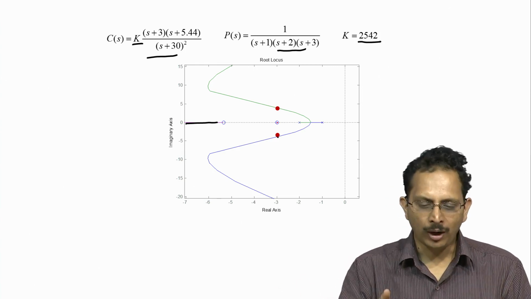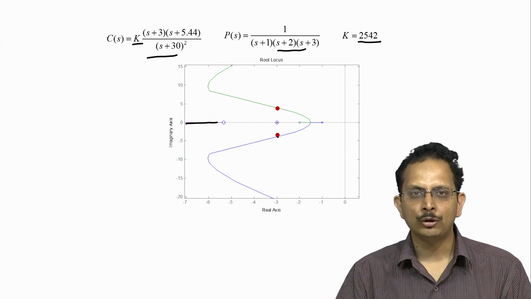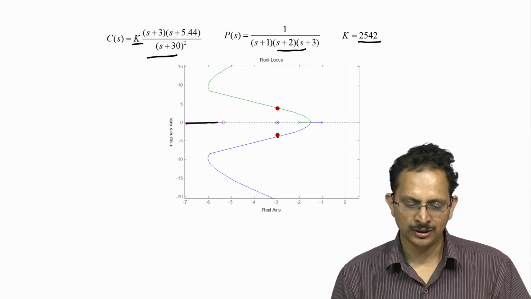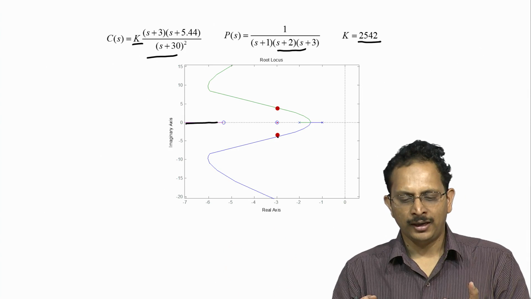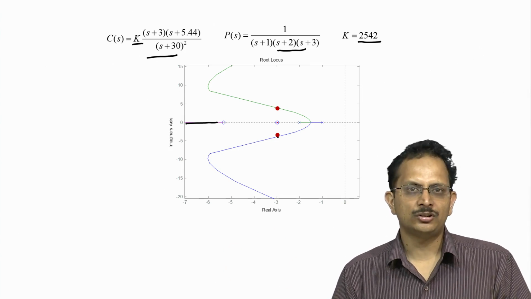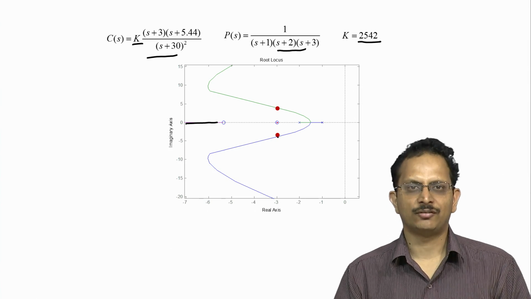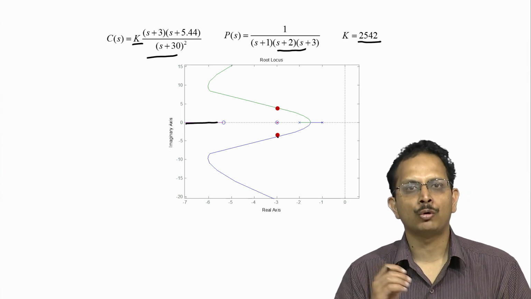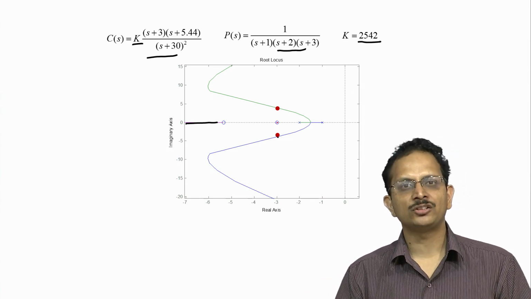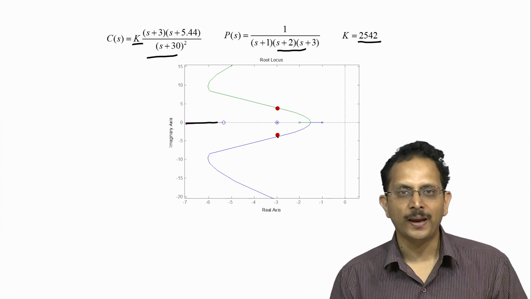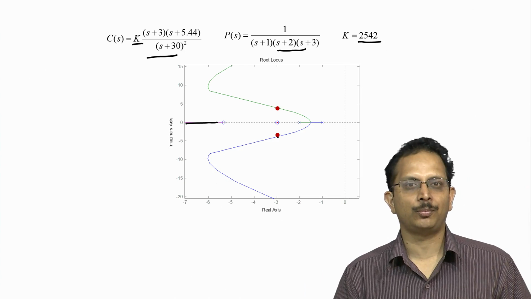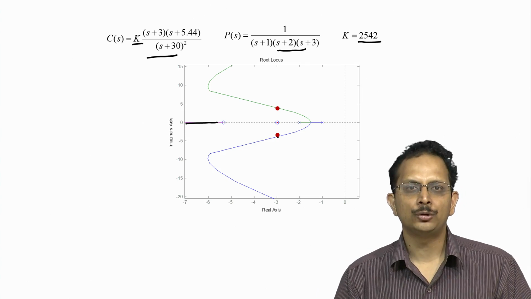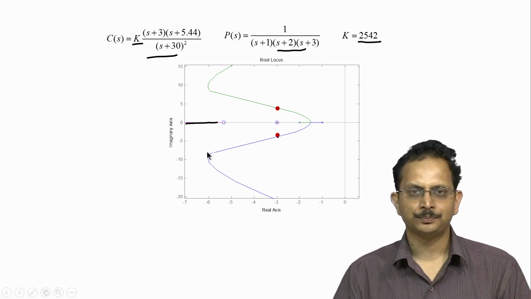For instance, if you want the same plant P of S to have 0 steady state error to constant inputs, or in other words DC inputs, then you note that in order for any control system to have 0 steady state error to DC references, we need to have an integrator as part of our open loop control structure. That is because an integrator results in infinite loop gain at omega equal to 0, which essentially corresponds to steady inputs, and thereby enables achieving 0 steady state error in tracking DC references.